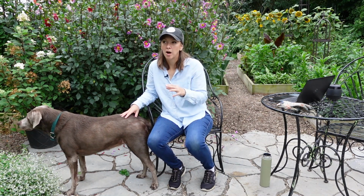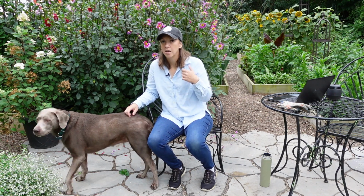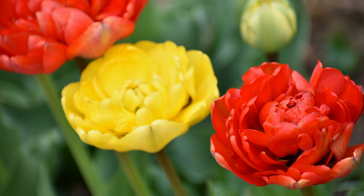But number 2 in terms of tulips that consistently gave me problems over the course of many years is yellow Pomponette. Yellow Pomponette I purchased, I think the same way I got Exotic Emperor. It was the end of the season, Lowe's was clearing them. I got, I don't even know how many, hundreds of yellow Pomponette and what I think was red Miranda, but